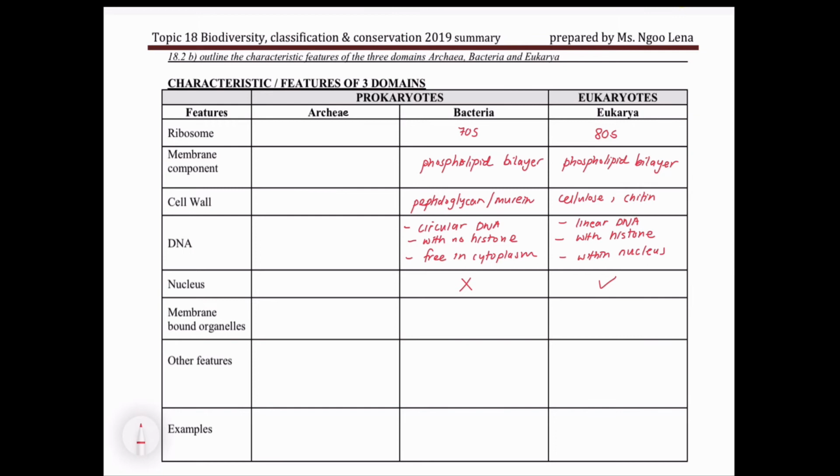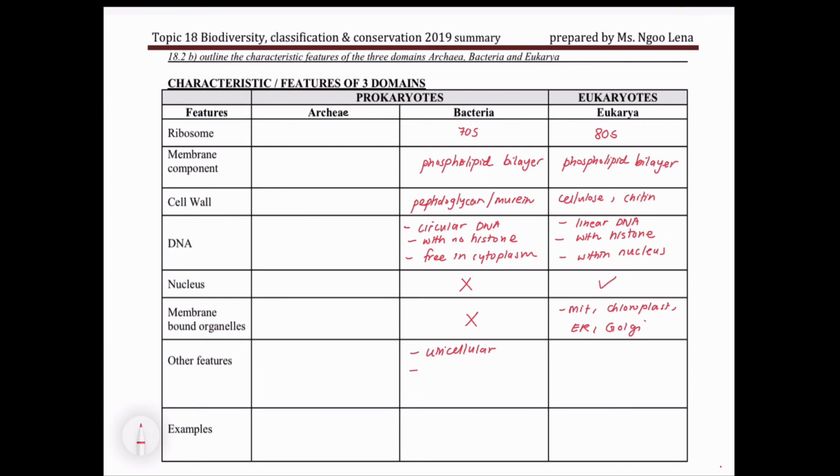Membrane-bound organelles for bacteria, absent, and for Eukarya you have double-membrane-bound organelles such as mitochondria, chloroplast, ER, and Golgi. As for other features, we can mention that bacterial cells are actually unicellular